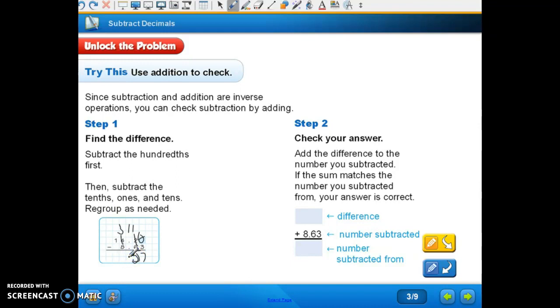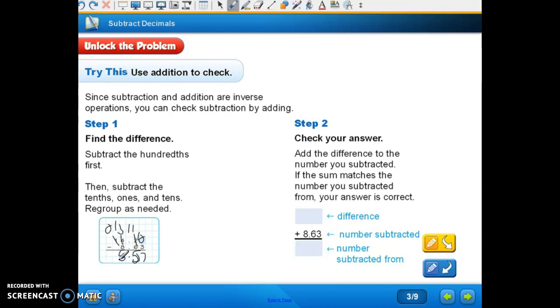Bring down your decimal. Okay, now we're ready to move on to those 1's. If I have 3 1's, can I subtract 8 1's? No. So go over there to your 10's place. That becomes a 0, and your 1's place becomes 13, and 13 minus 8 is 5. So now we have 5